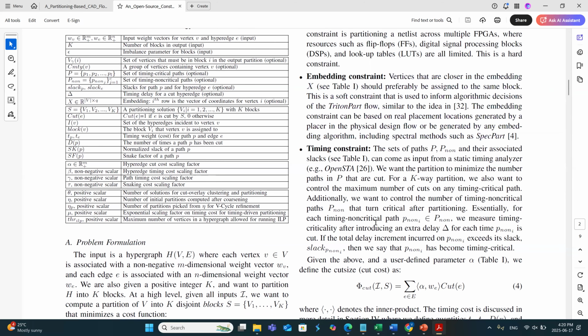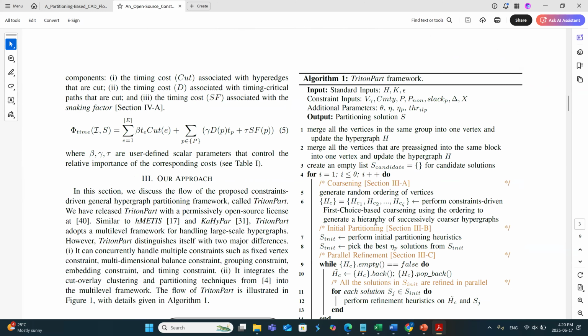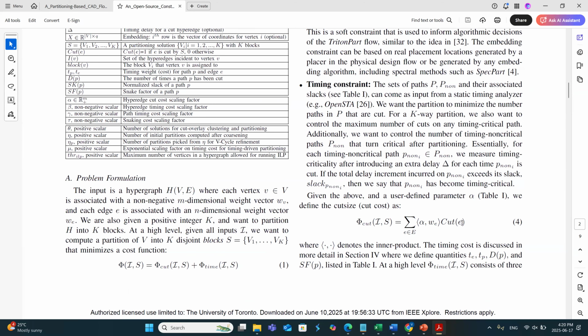Okay, I think we talked about the timing constraint. And their timing constraint is basically they add up a weighted cut. So whenever you cut an edge or a hyperedge between partitions, there's a cost, and they can have a weighting, which is a function essentially of the timing slack that's expected for that connection. So